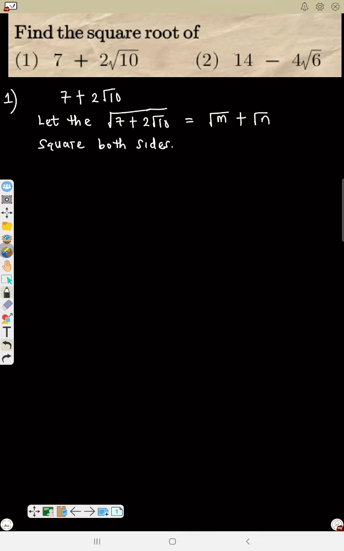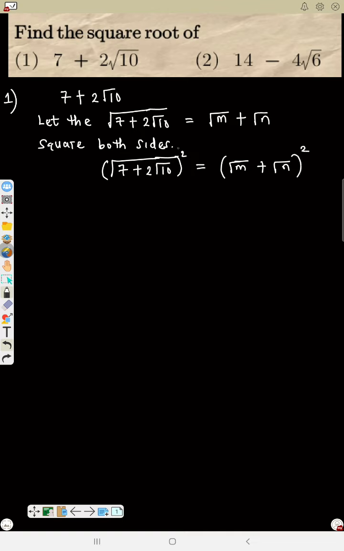So that will be the square root of 7 plus 2 root 10 squared is equal to square root of m plus square root of n